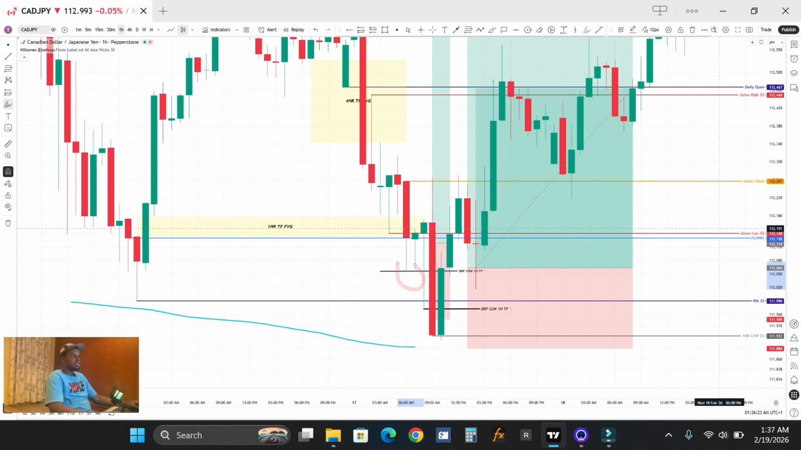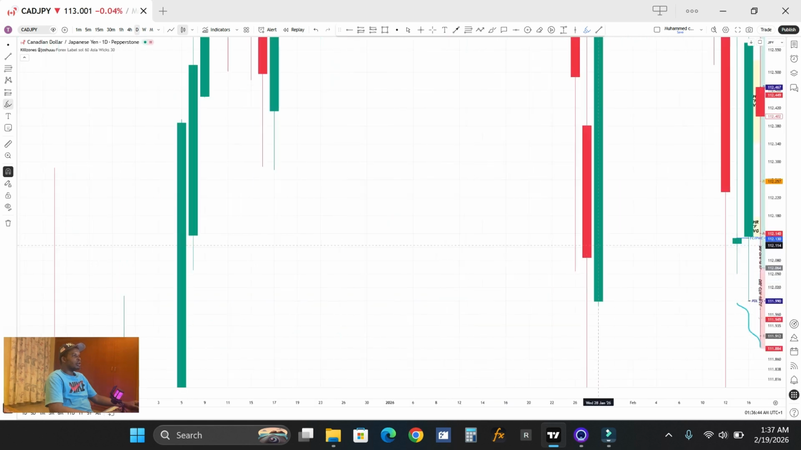You can all see I swept Asian low. It was the first candle, and then I marked the week out, and then you could see that price went ahead to sweep the previous daily low. So coming to the daily chart, because before I saw all this,